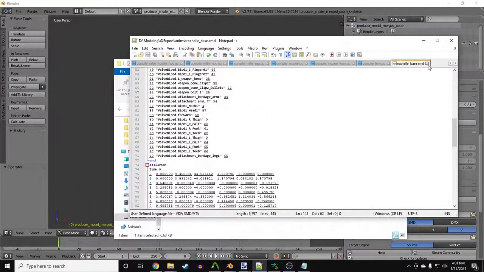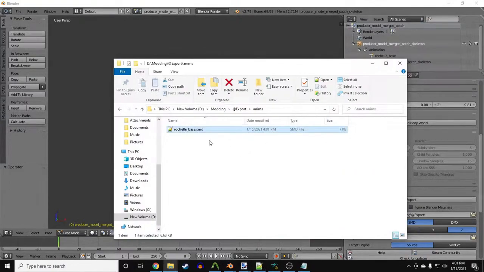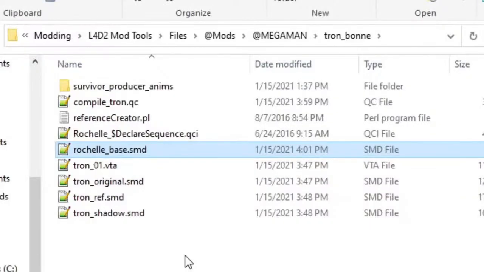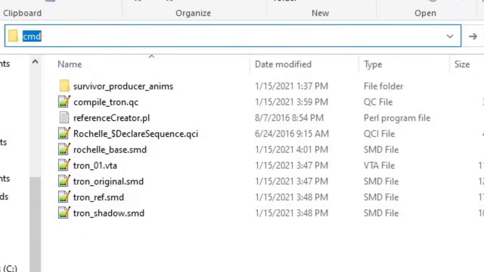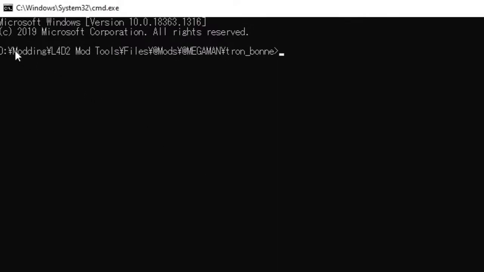Now we can make the reference file. I'll first go over how to make it with the Perl script. With the script and base skeleton files in the same place as the QC, click here and type CMD. This will open the command prompt in the same folder where all the files are at. Next, input the following: Perl